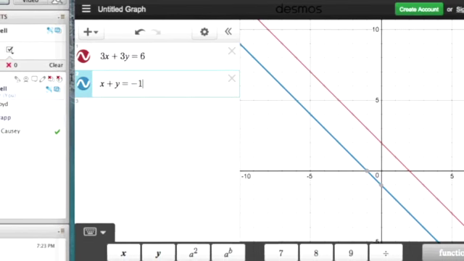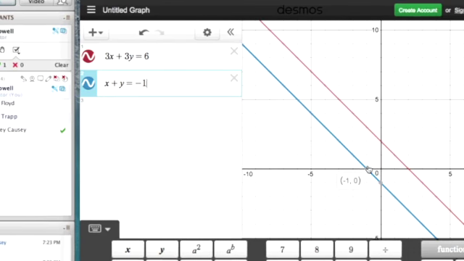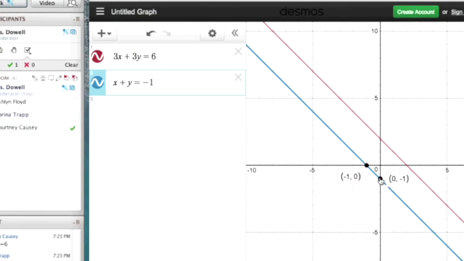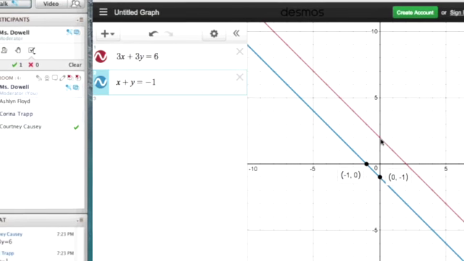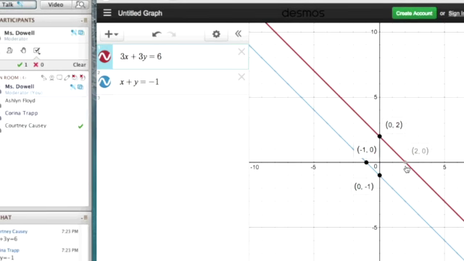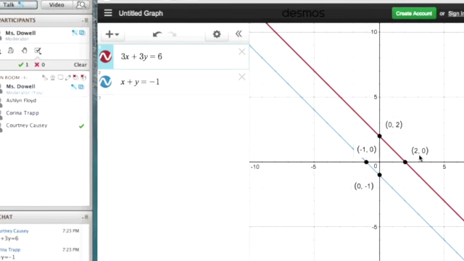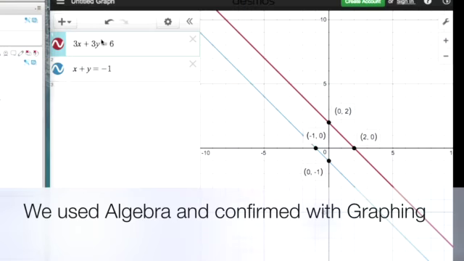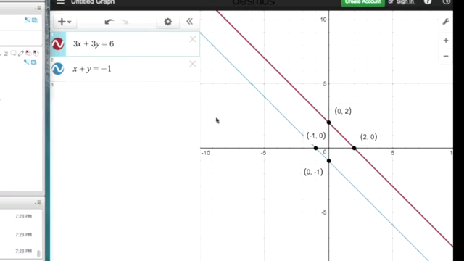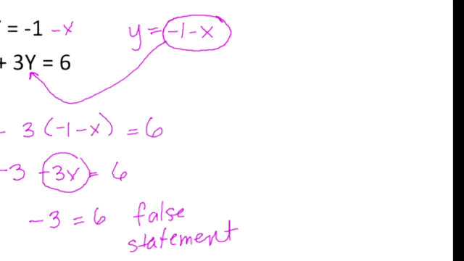Easy to see. And now I will also show you another reason why Desmos is one of my favorite online graphing calculators, is because you can click on these points right here. You can click on them and they will stay on your graph. That we solved algebraically and found that these two lines were parallel because what happened was we ended up with